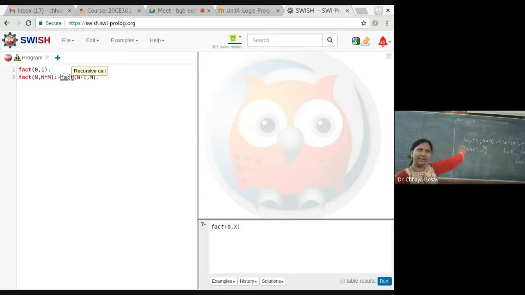Our rules are correct. It is working when we do a manual or dry run. On paper, these rules are correct and it should work. It should give a result for factorial. So here, instead of 3, I'll just write 2. So there will be only 2 recursive calls.